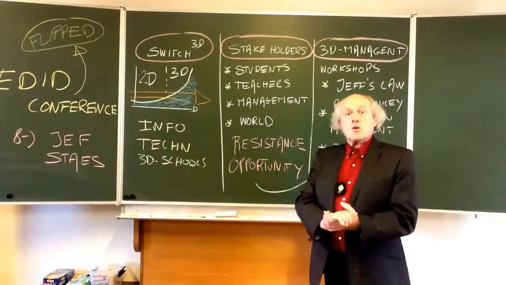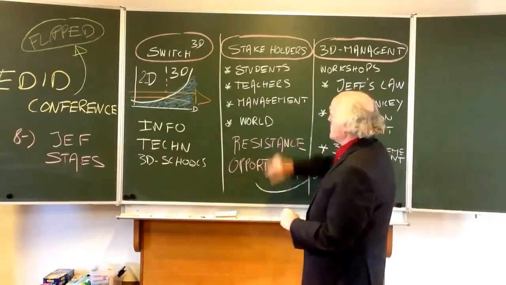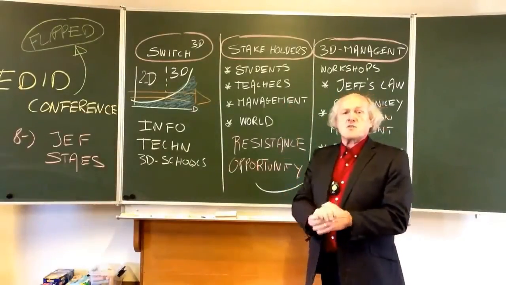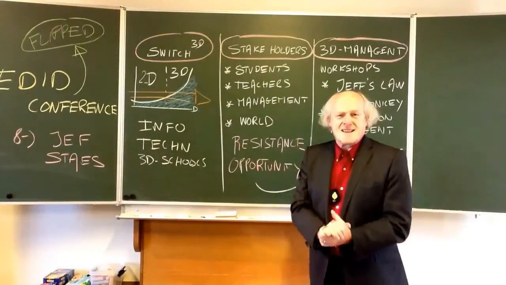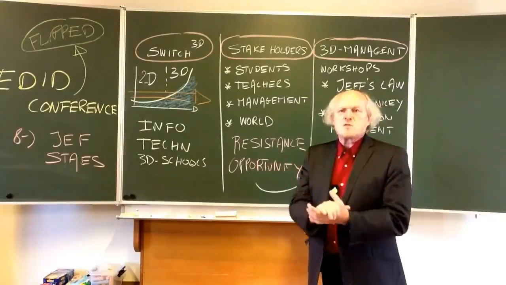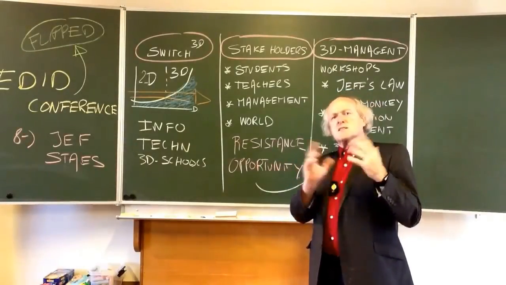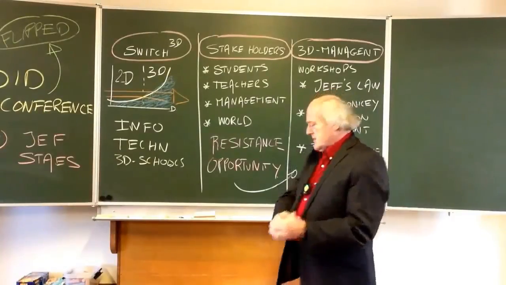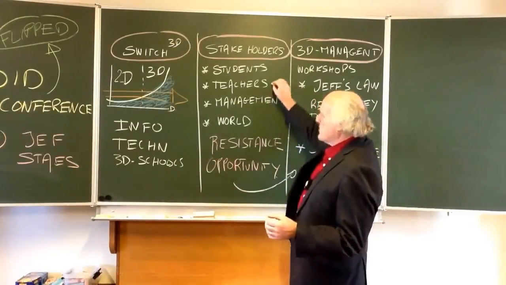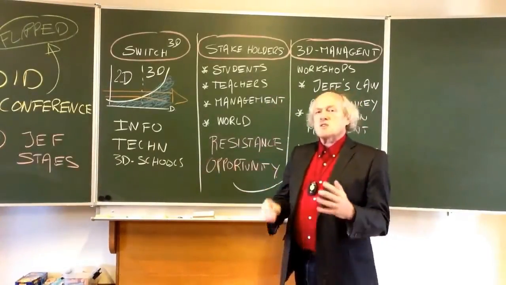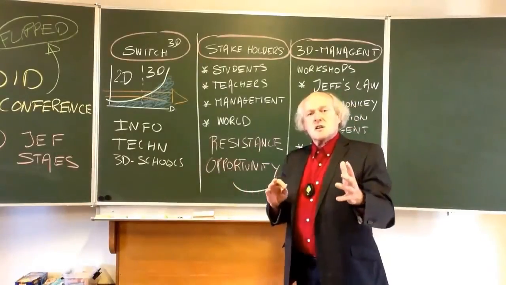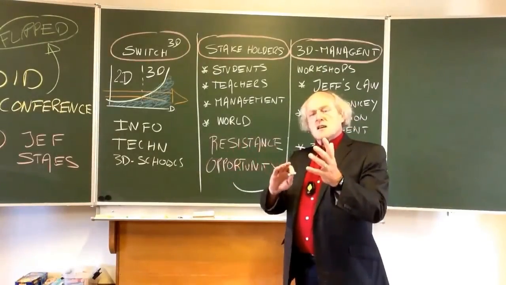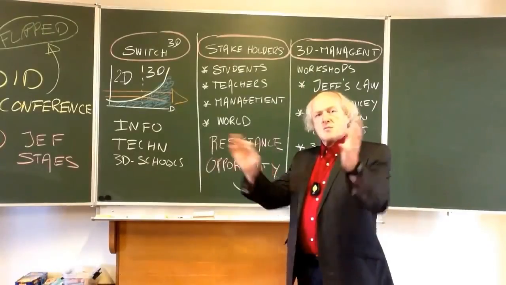So there are 4 stakeholders in this process. First of all, we have the students. Students have to embrace flipped classroom, but for students, they are already there. They are using social media, they are using the latest technology. So the problem isn't the students. The problem is the teachers. Because a lot of teachers don't know so much about social media as students do. So these 2 stakeholders have to embrace flipped classroom.